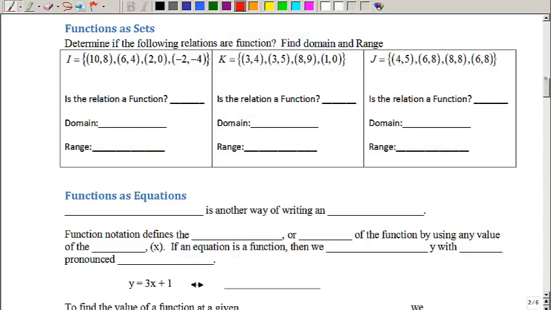Looking specifically at functions written as sets, we would like to be able to look at a relation and determine if that relation is a function or not. Then I'd like you to be able to list the domain and the range. When I'm trying to determine if a relation is a function when it's written in set form, I'm looking at